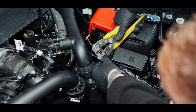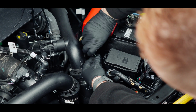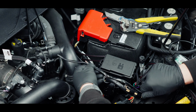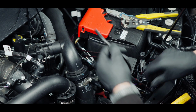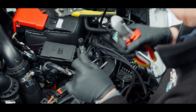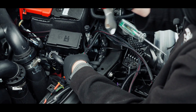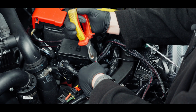So I'll just strip the wire and twist those together. Run my loom here to there, that's a good length. I'm just taking a little bit more off. I'm just going to take 2 inches off of that. What I'm also going to do is cut the small tie wrap down near the bottom of the loom,